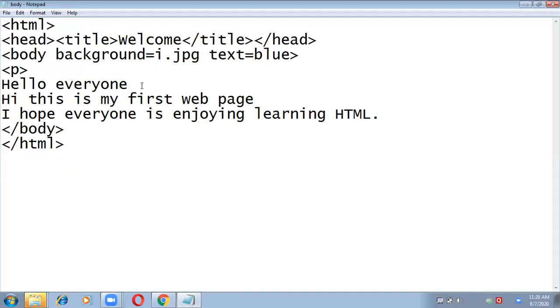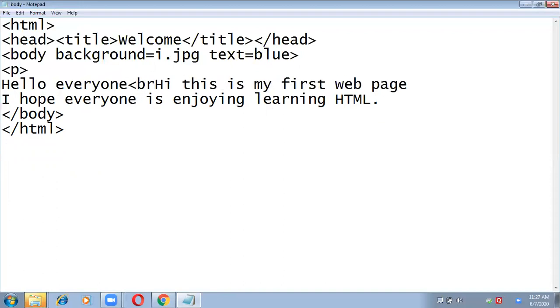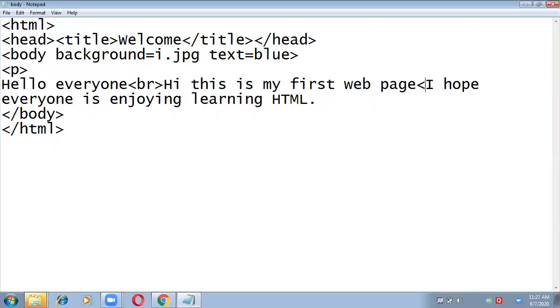But why it is not coming on the web page then? Because HTML does not support the way you have written on a notepad. It always display your content on the web page according to the tags which you are using in your coding. So here if I want to shift my content to the next line, then what I need to do, I just have to use a break tag, BR tag, which is again an empty tag, so no need to close it. You can write the whole content in a single line, and you just need to put a break tag in between all the lines, and the content will automatically get shifted to the next line on the web page.